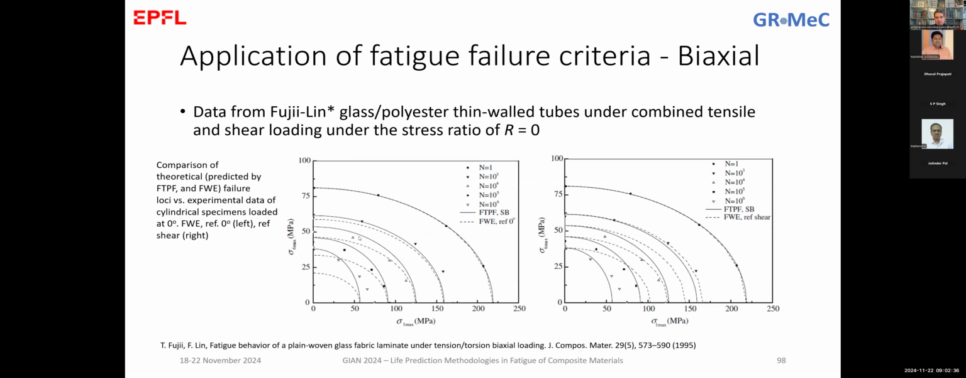And we have also another system from Fujii and Lin, the paper of Fujii and Lin, 1995, where they had the biaxial testing again of tubes under combined loading in tension and shear. So they had tubes that were loaded in tension and at the same time rotating, so they had shear. And in this case, we can understand the problem that we have with the Fayaz and Elin failure criterion, that is very, very much